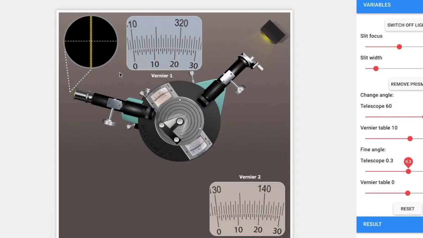Before doing that we need to know the least count of the spectrometer. As we have already done in the previous two examples, we can quickly do it. One main scale division is 0.5 degrees, that is 30 minutes, and the number of divisions on the vernier scale is 30, so its least count is 1 minute.